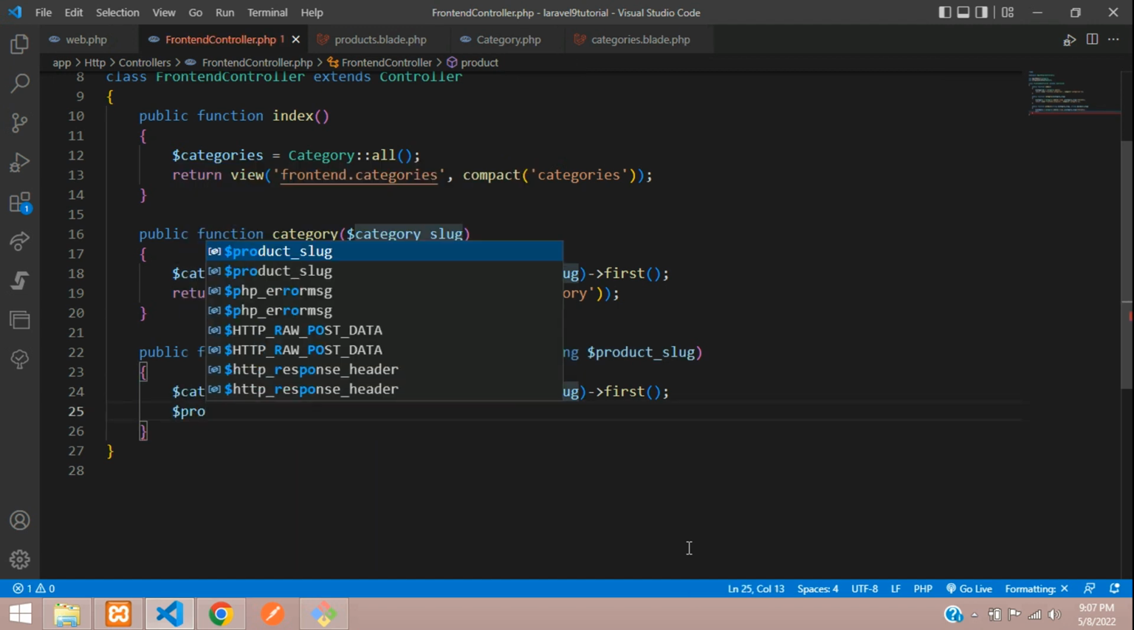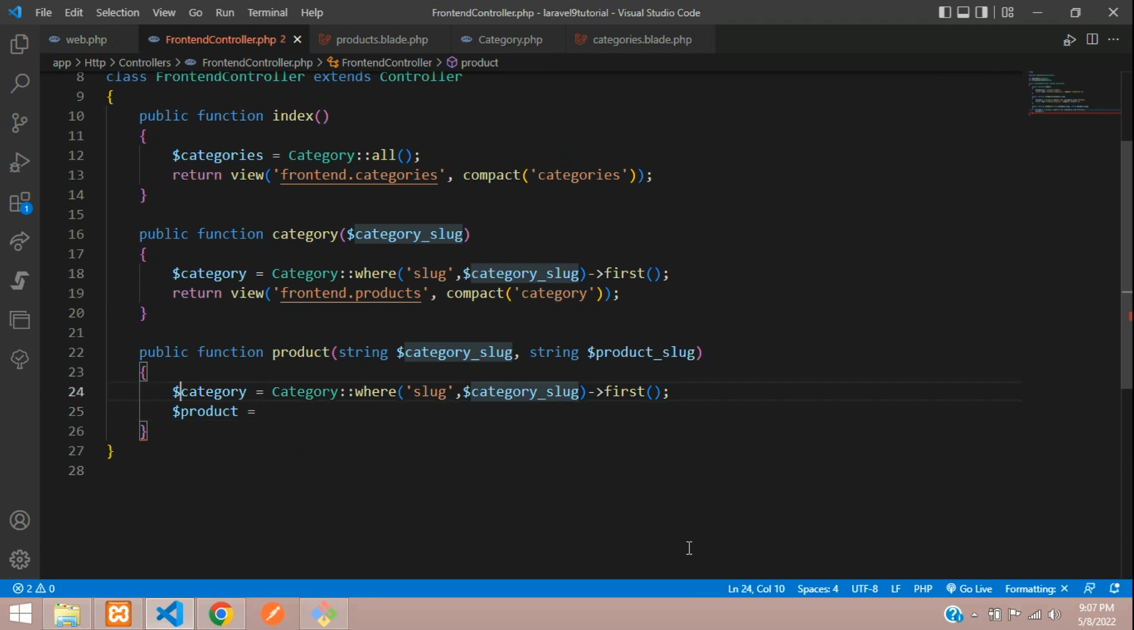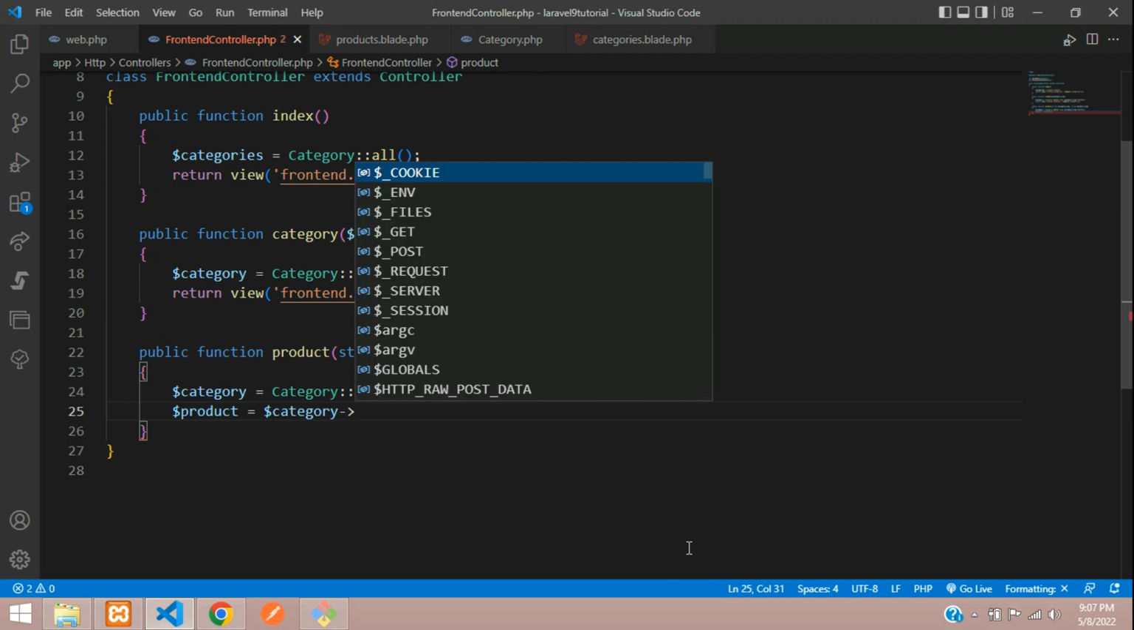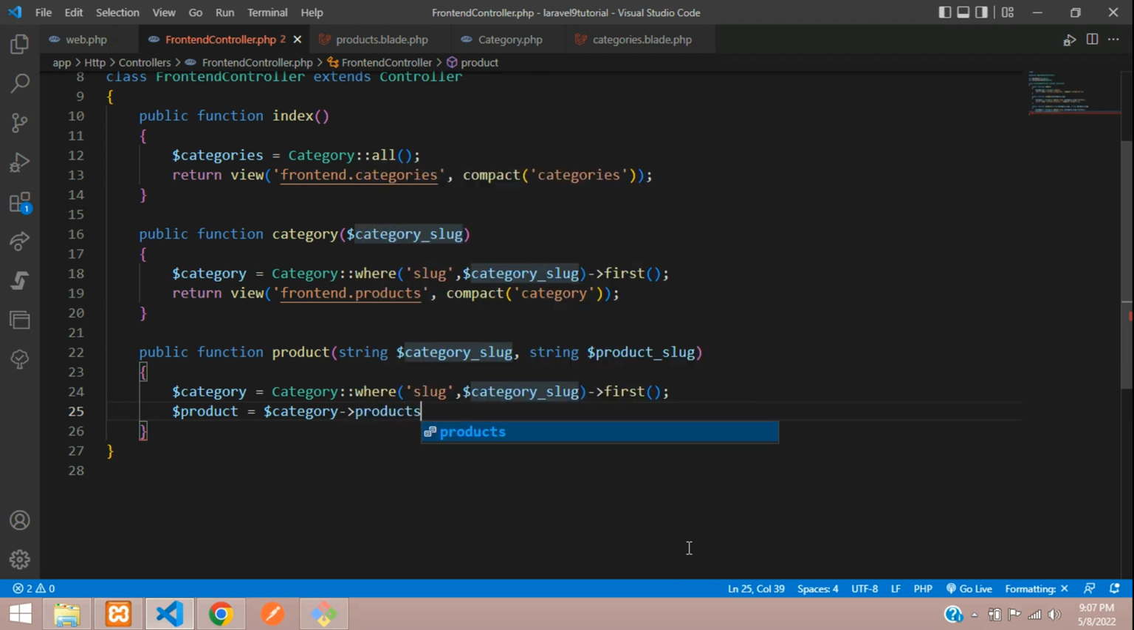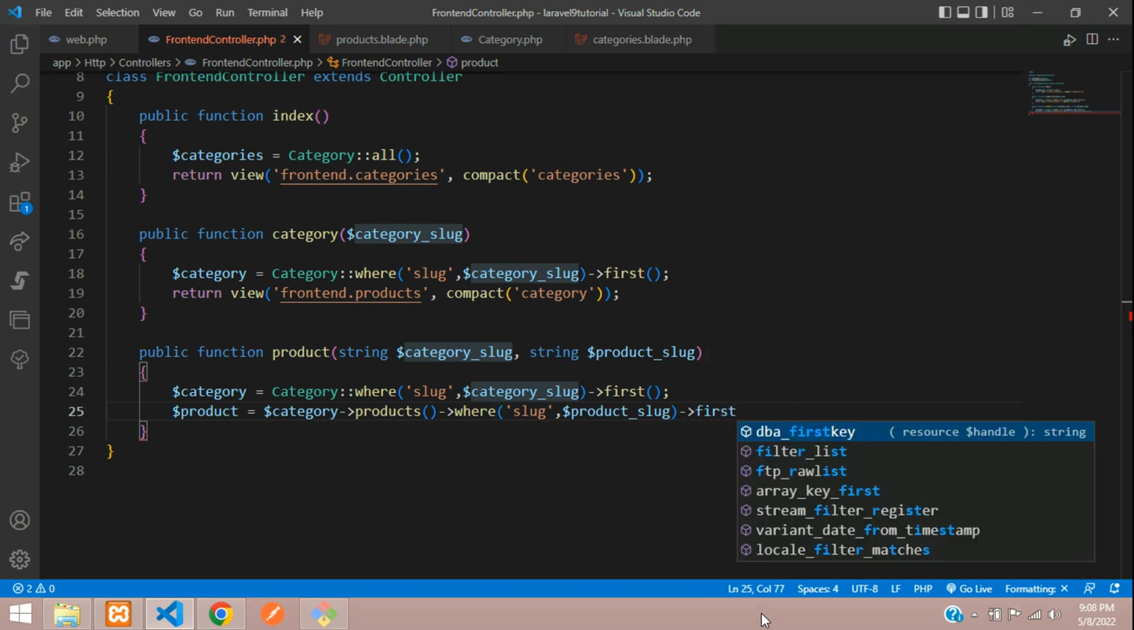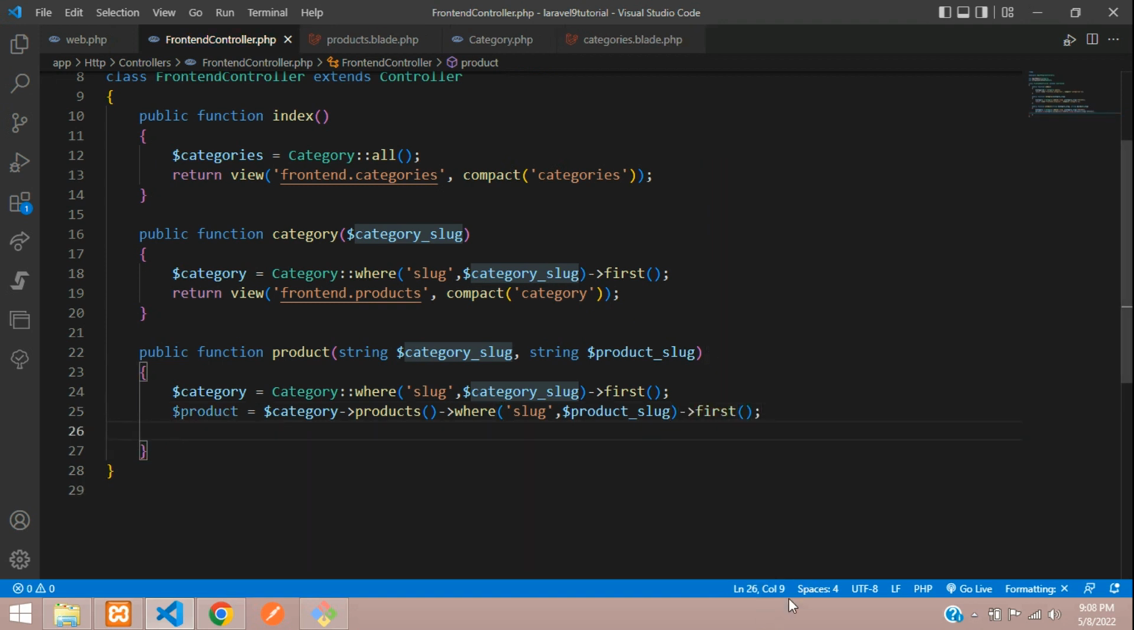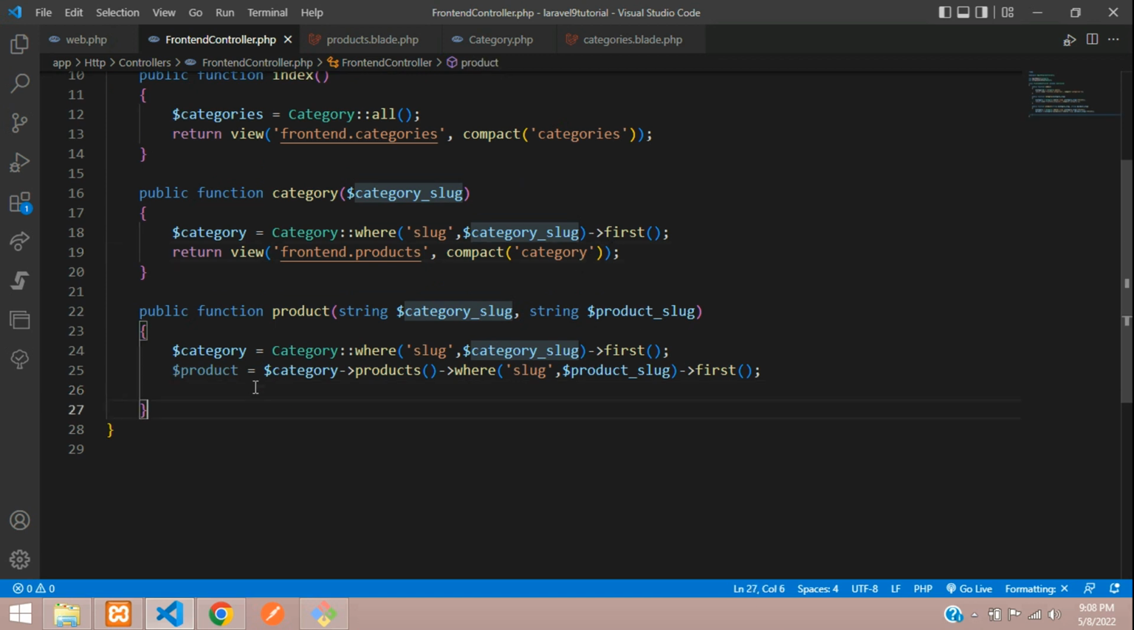Once it's found you are going to search for the product. So let's tell the product variable is equal to, and now you have to carry your category with the hasMany relationship products function, where this products function is from your category model. Okay, and from that product table you are going to search for a slug option. Table column slug, and then you send your product slug here. So once you send and get the record, first function, perfect. And once it's done, let's send the data